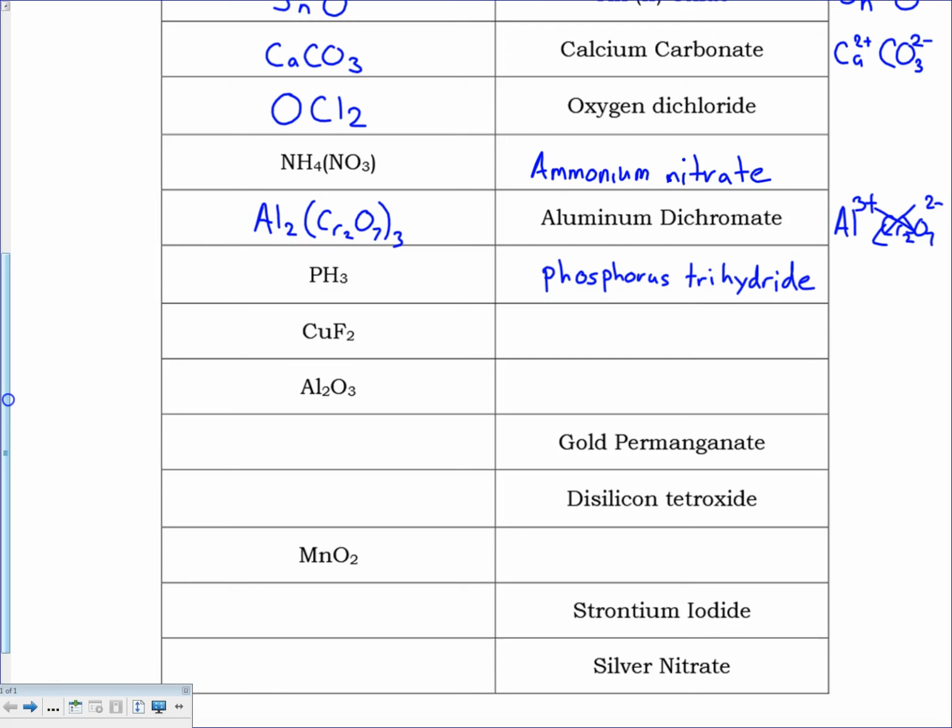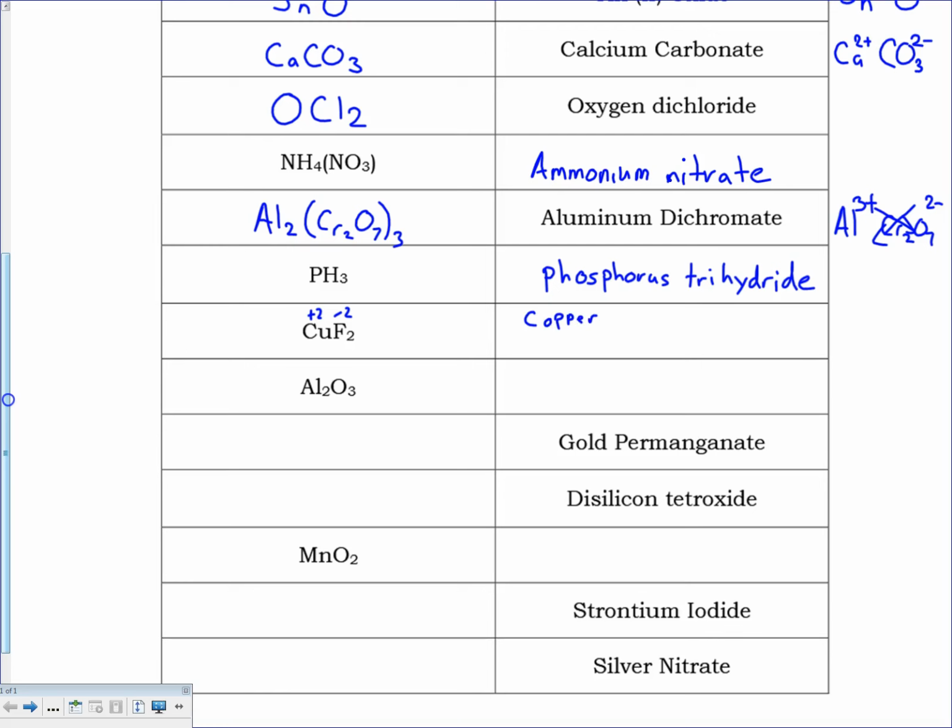All right, this next one, CuF2. Copper is a metal. Fluorine is fluoride. That's a nonmetal, and so we've got an ionic substance here. If you look up copper on the back of your periodic table, you'll see that there are 2 different kinds of copper. There's Cu+ and Cu2+, and so we have to figure out which one we're dealing with. It's attached to 2 fluorines here, and fluorine has a charge of -1, and there are 2 fluorines, so the overall negative charge is -2, which means the positive charge has to be +2, okay, and there's only 1 copper there to take on that +2 charge, so that makes this one copper 2 fluoride,